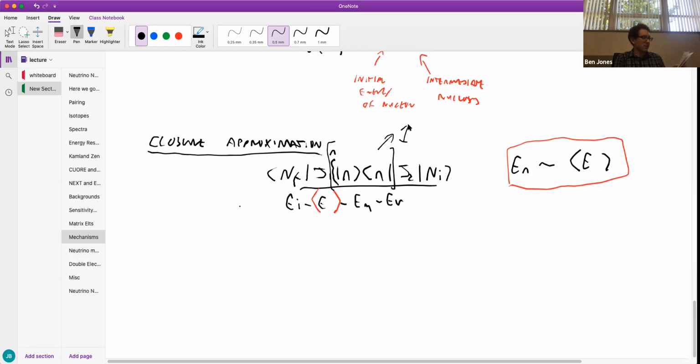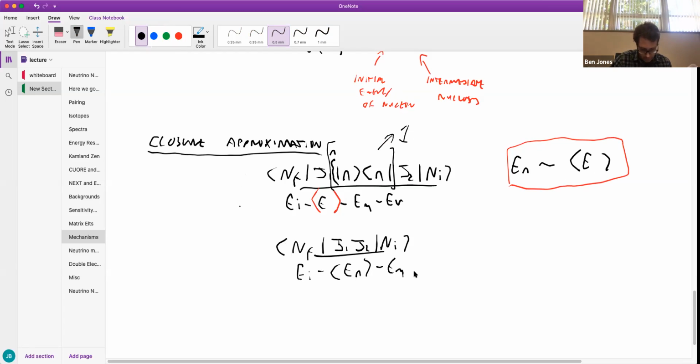And so the closure approximation lets us write this whole nasty thing in the following way: J1, J2, divided by E_I minus the mean energy of the excitation. What you notice now is that this doesn't depend on the intermediate state anymore. What is the physical implication of doing this? The physical implication is that the excited states are all sort of clustered up at some relatively high energy scale,